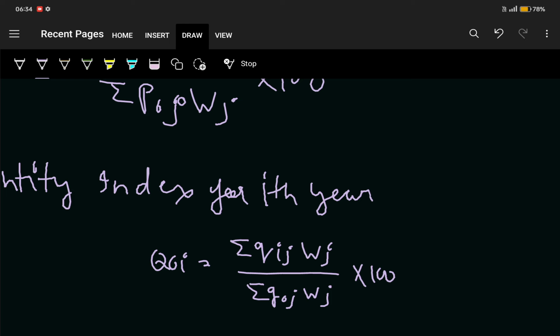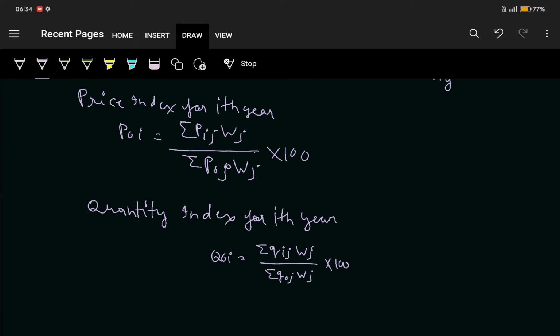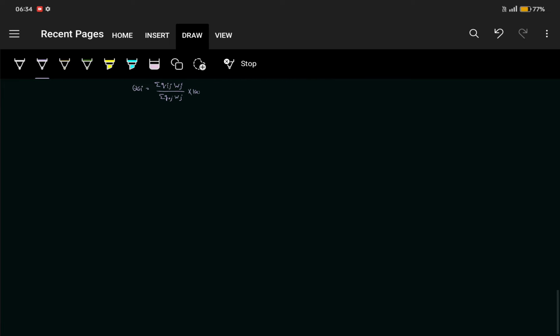Qij is the quantity of jth unit in the ith year and Wj is the weight given to the jth unit. तो ये हमारा आज का टॉपिक रहा एंड